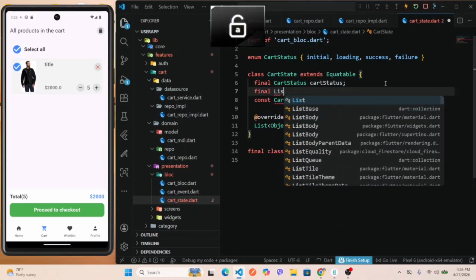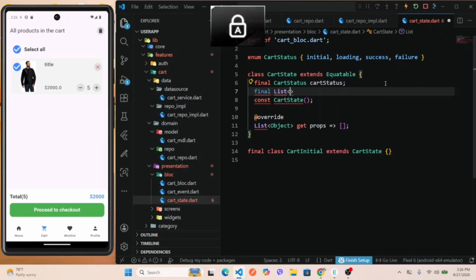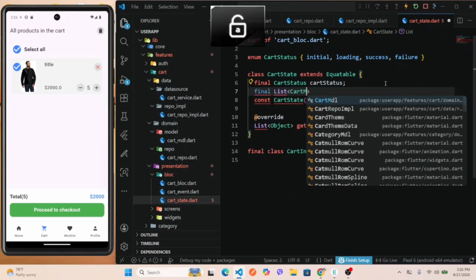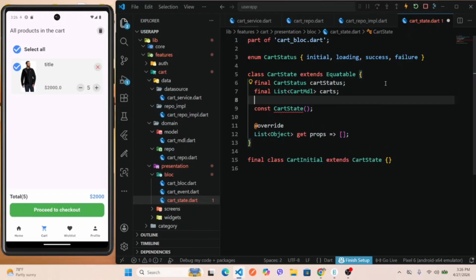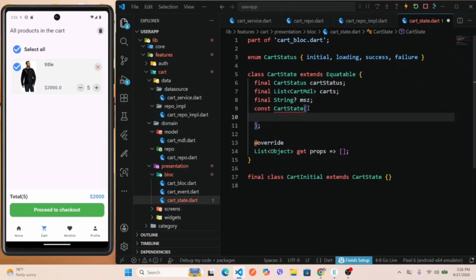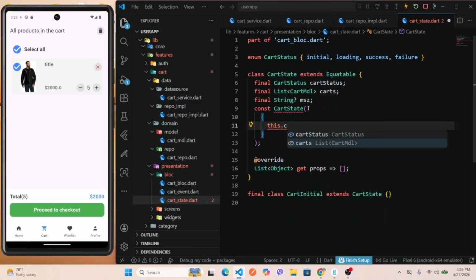and similarly let's define the list of that cart model. Import that cart model. Let's say carts, and to hold the message, define the nullable string message, and to this constructor, let's make carts an initially empty list,